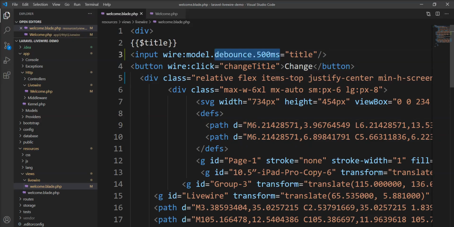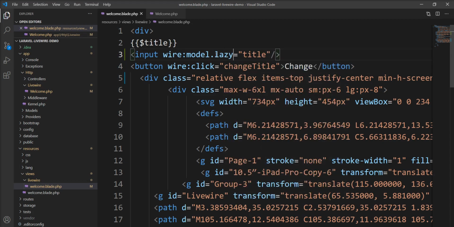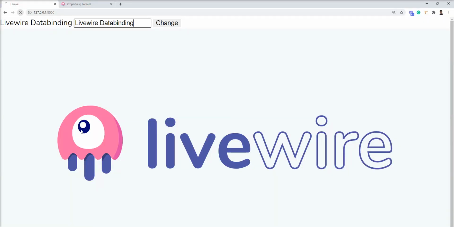First of all, remove this debouncing and specify model dot lazy, and let me refresh, and let me remove this title first of all, and you can see here the title still appears because the input element does not make any request to re-render the title and component.